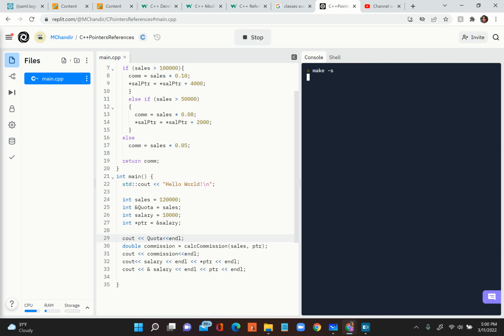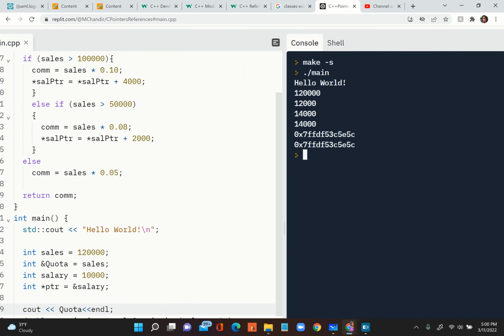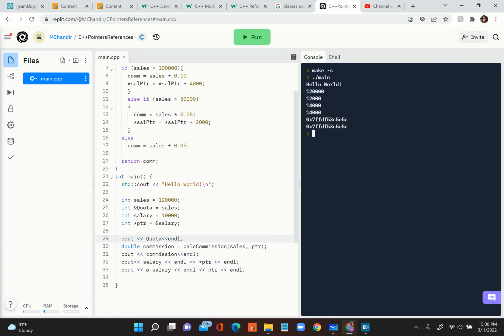Before the commission, I should see the sales number there. See there, the first one, it's like using the same variable. Exactly the same variable. So that is how you create it, and after you create that, you can just use it. The only difference is when you use